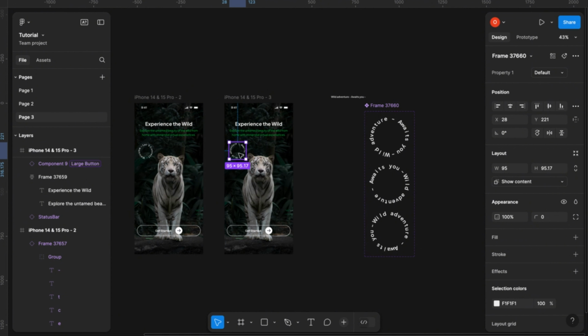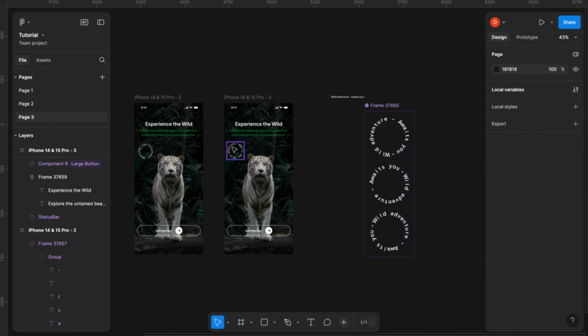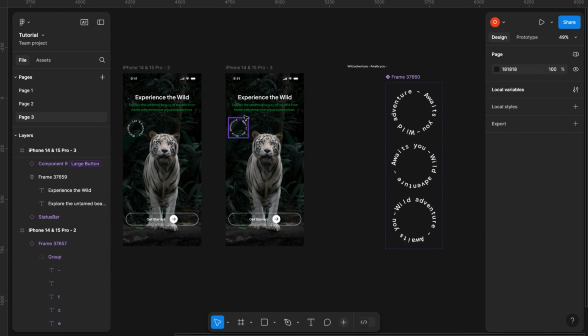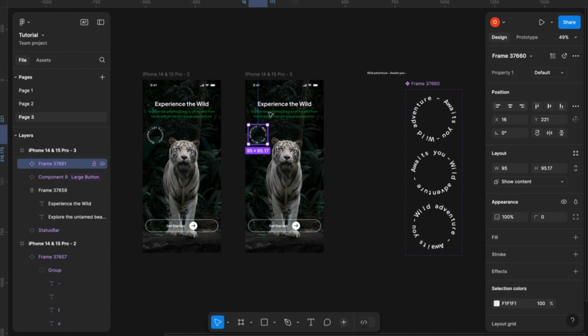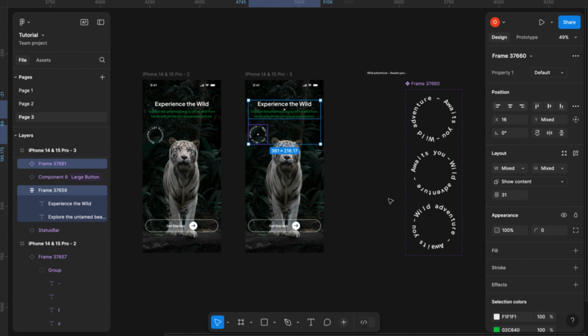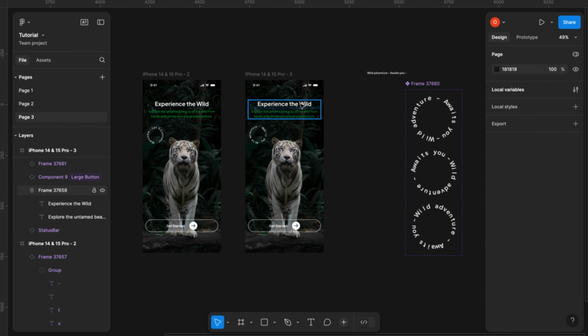Make sure it's well aligned. Should be 16. I want it to be on the margin. The distance between these two, we can make it 32. All right,